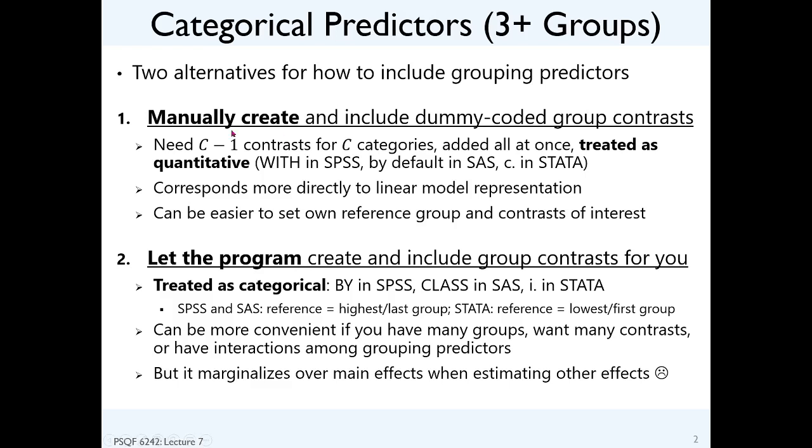So one alternative that we've discussed this semester on how to create predictors out of your categorical variable is to create dummy-coded group contrasts. And so we would use C-1 contrasts for C possible categories. We would put them all in the model at once, and they would be treated as binary predictors that are essentially quantitative. So they capture the effect of a 1-unit change in each dummy code, moving from the 0 value